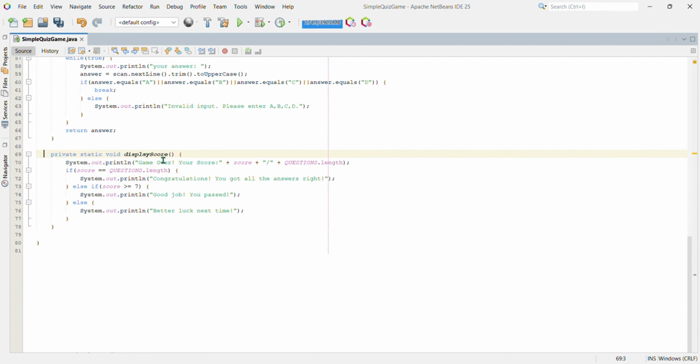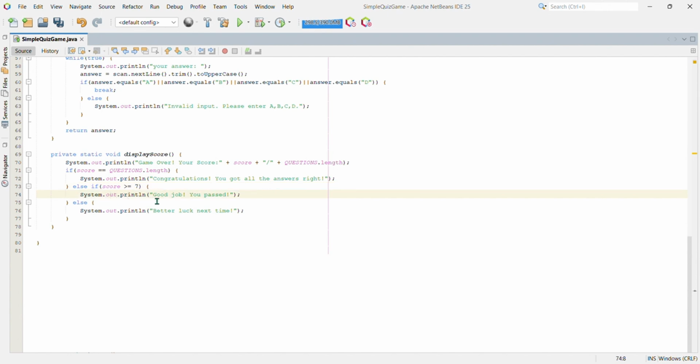This line declares a private static method called displayScore, which displays the player's final score. This line prints a game over message to the console, along with the player's score and the total number of questions. This line checks if the player got all the answers correct. If the player got all the answers correct, this line prints a congratulatory message. This line checks if the player's score is 7 or greater.